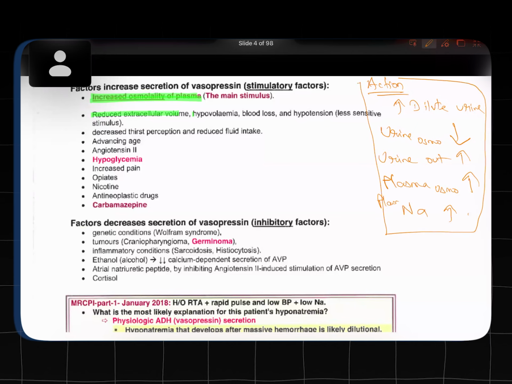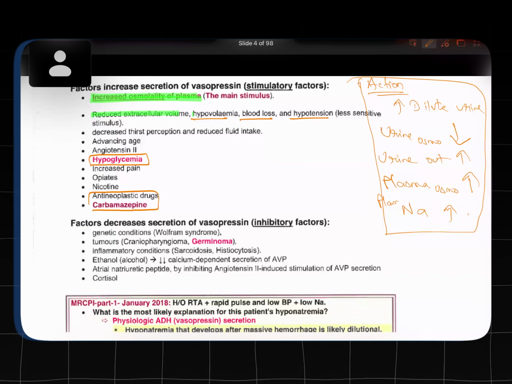MCQs, especially in part 2, will not be direct. They will give you a case scenario where this information will be given. Then you have to correlate it with diabetes insipidus, and there is lots of vasopressin being secreted. So the main stimulus is increased osmolality of plasma. Another is hypovolemia, blood loss, hypotension, hypoglycemia, and also drugs,